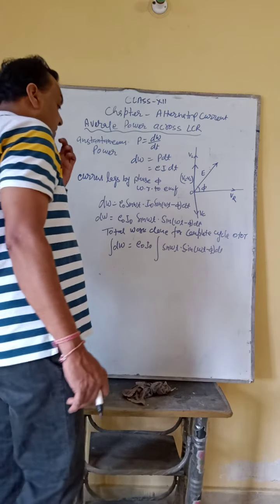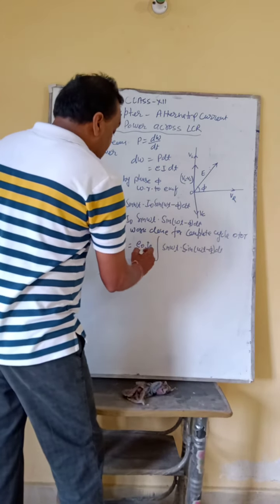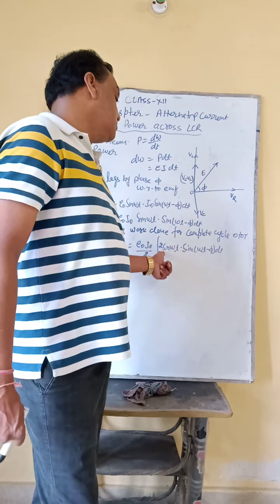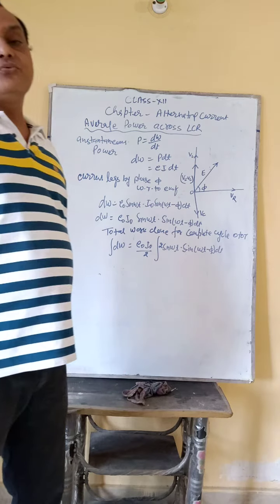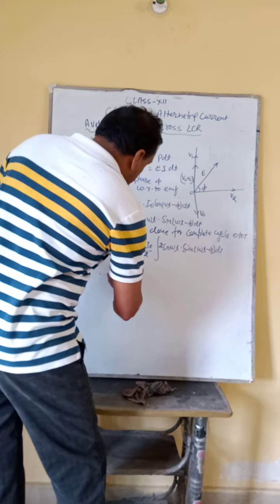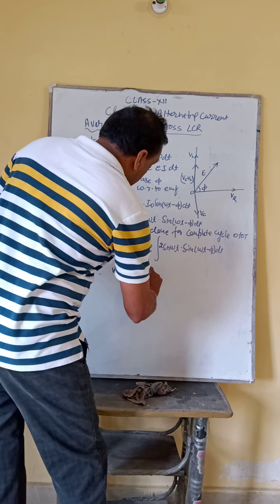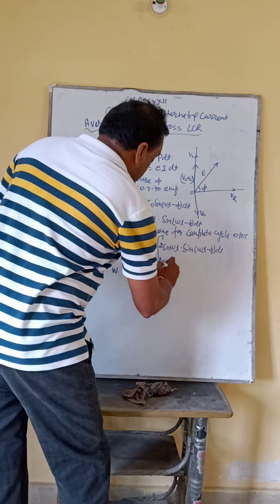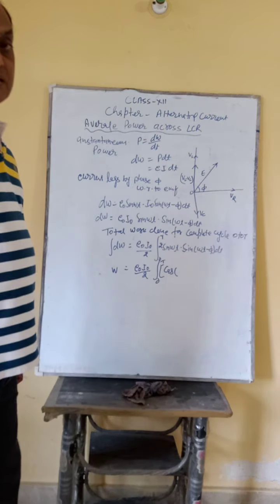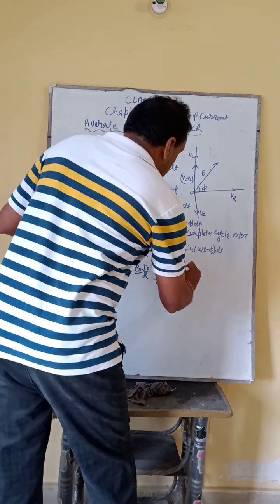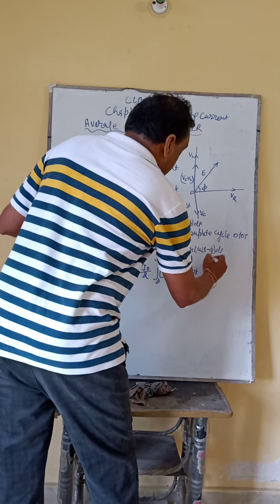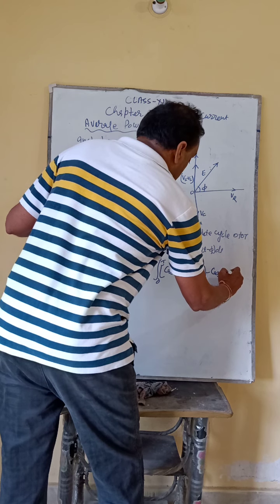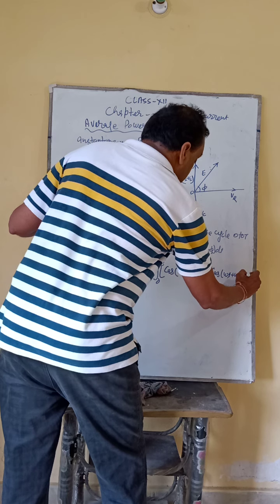Now how will we integrate it here? The process for the integration is to multiply by 2 and divide by 2. Whenever you multiply and divide by 2, the formula is there: 2 sin A sin B. So dW becomes W, so E naught I naught by 2, integration from 0 to t, and the formula is cos(A minus B), so A minus B is omega t minus omega t plus phi, and minus cos(omega t plus omega t minus phi), that is cos(2 omega t minus phi), dt there.